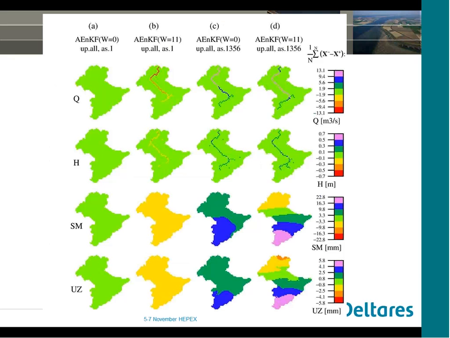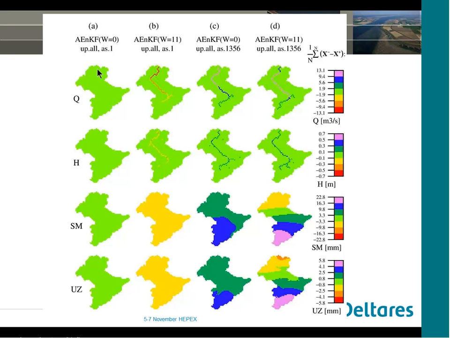Then I come to this complicated figure, which shows the mean innovation for all of the states for different case studies. This one, asynchronous with W is 0, basically means this is the same as the ensemble Kalman filter, except we use a window of length 0 or 1, and if I go here with the pointer, we only use the outlet as an observation.